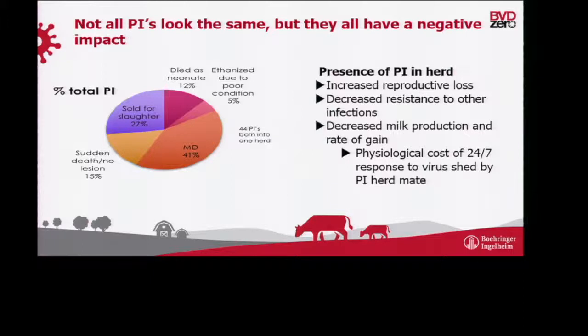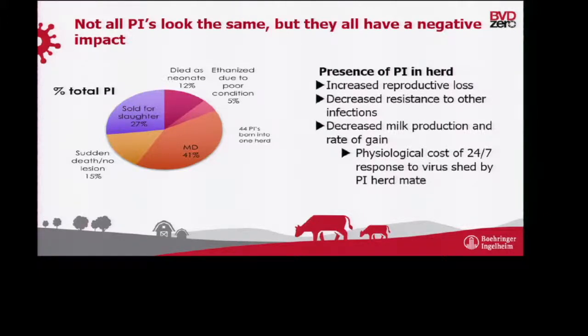And so there got to be kind of an old wives' tale that having a PI in your herd was a really good vaccination program, because they're shedding virus all the time, and you do get some very high titers. But using a PI as a vaccination program is about the same as using pregnancy as a birth control device. If you're pregnant, you can't get more pregnant. So yeah, it's 100% effective, but you're still pregnant. If you're using a PI as a vaccination program, you still have BVD in the herd. You are experiencing all the losses that you would anyhow, so you need to get rid of the PI.